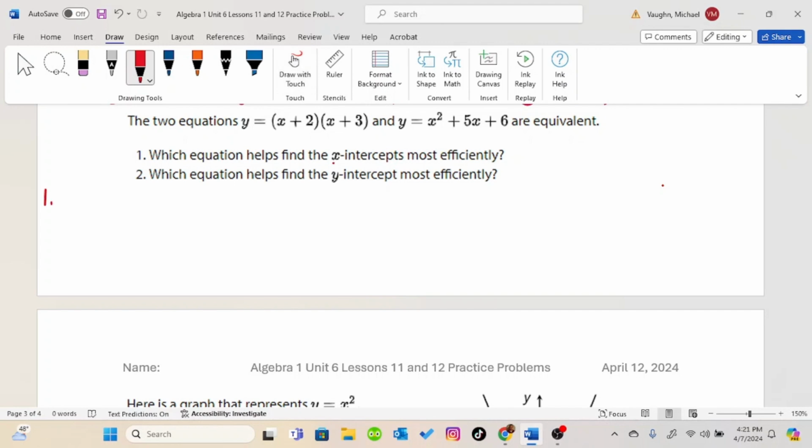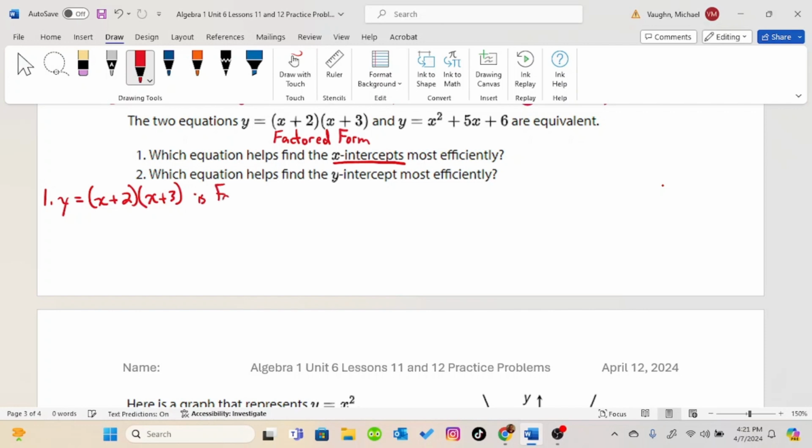If I want the x-intercepts, I want factored form. So y equals (x plus 2) times (x plus 3)